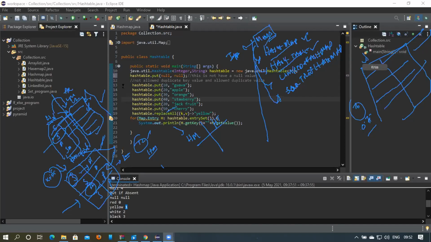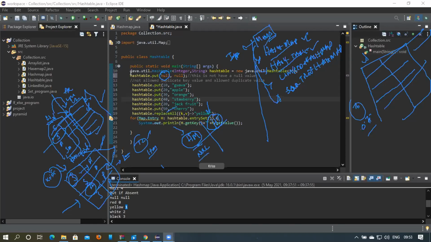Now here, this is the hash map, and this is the hash table. As I told you, the hash table came in the first version of Java, when Java was introduced, and later the hash map came into the picture. A basic difference is that in a hash map you can have one null key, only one, not more than one.